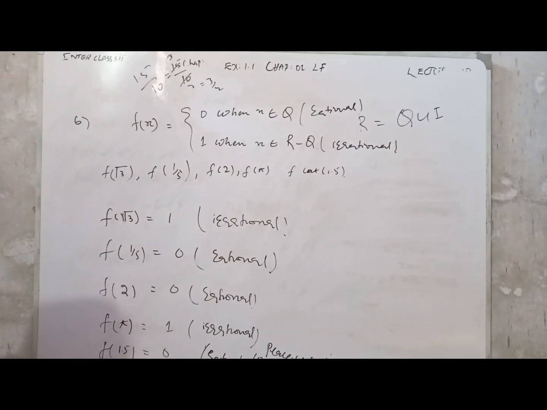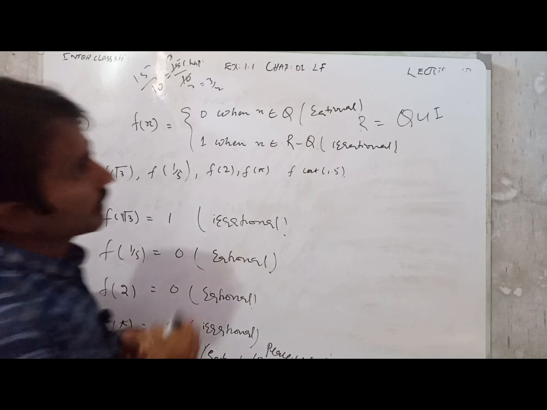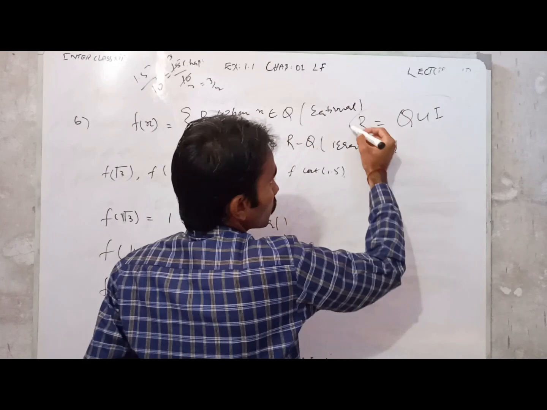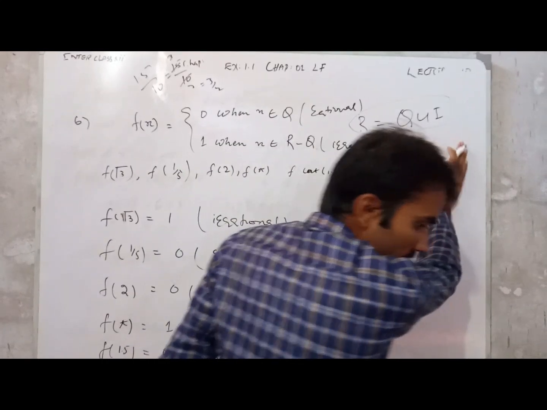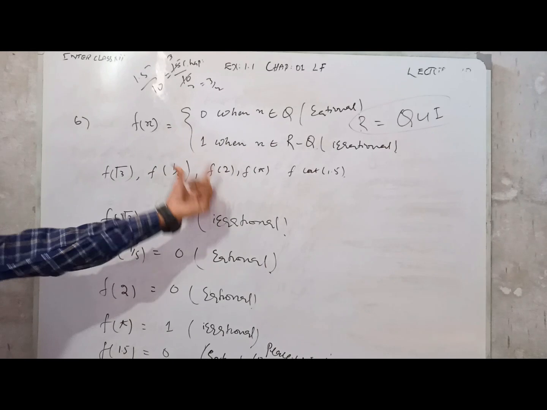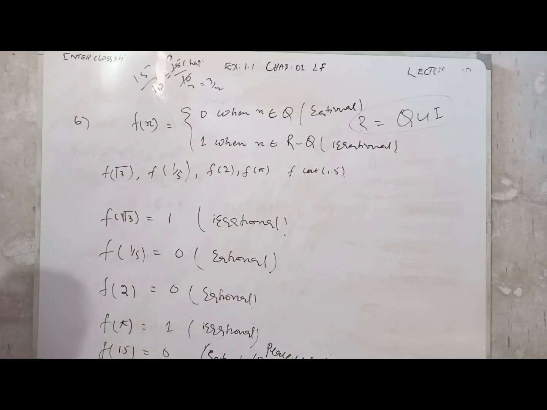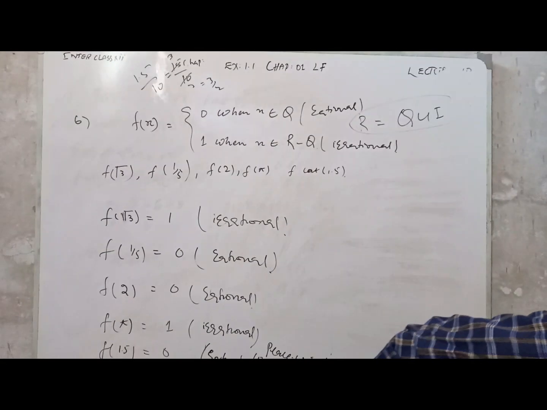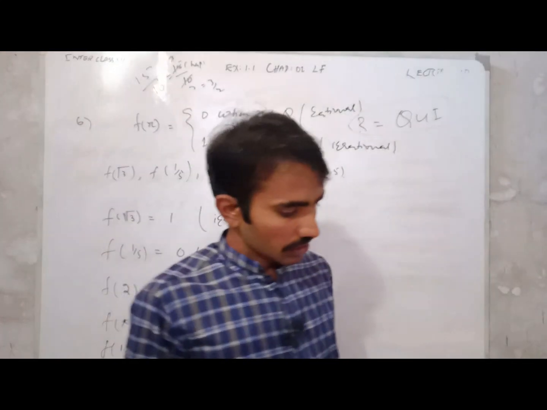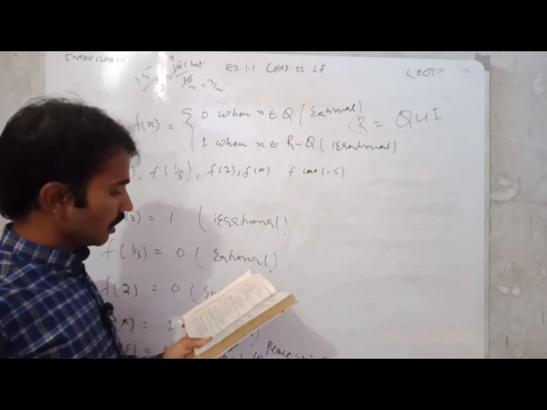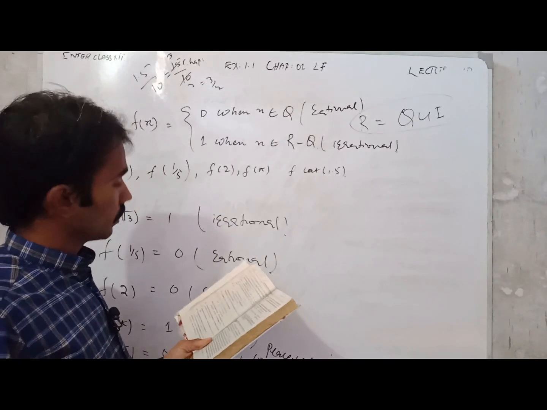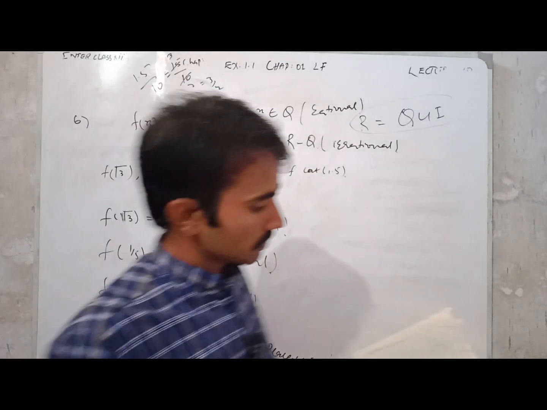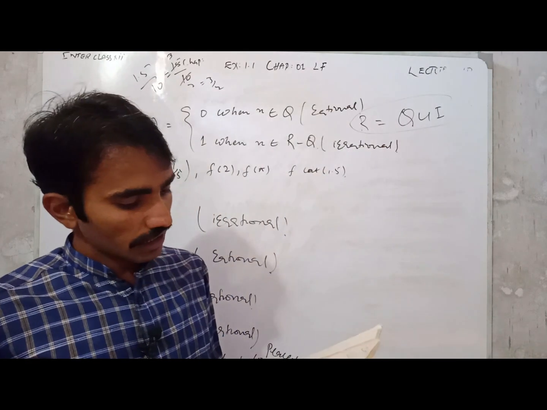So what we have to do, we just find the rational and irrational in this term. You must understand that the real number is the union of rational and irrational. Later on you will find the value of x, rational and irrational, in an easy way. So that is all about question number 6. In question number 7, you can find the value of x in the same way. Question number 7 is the same as question number 6.